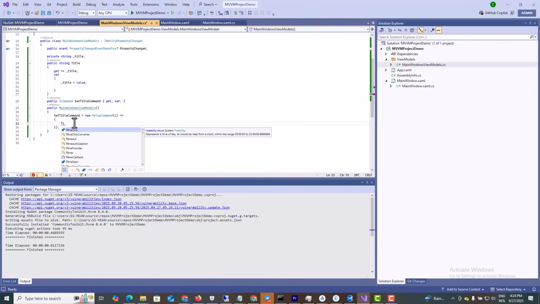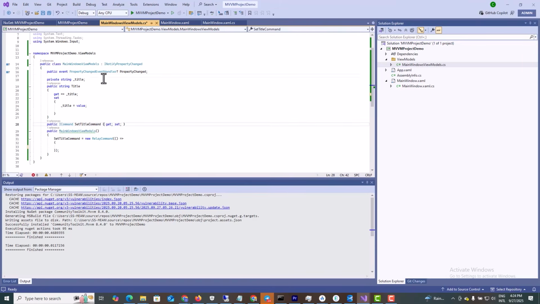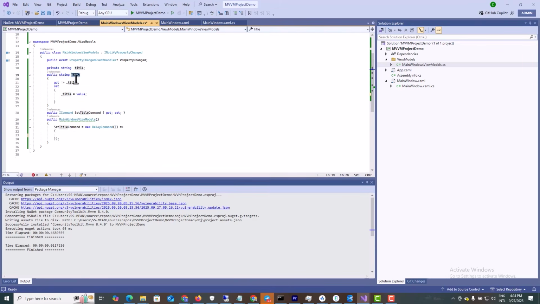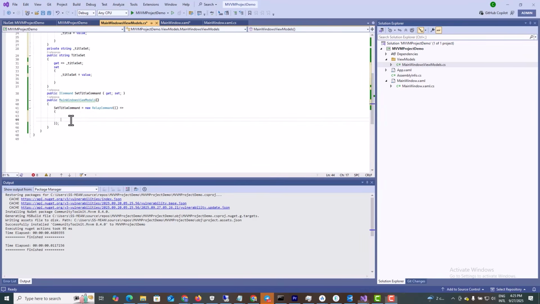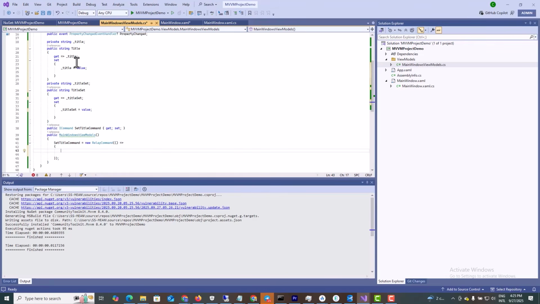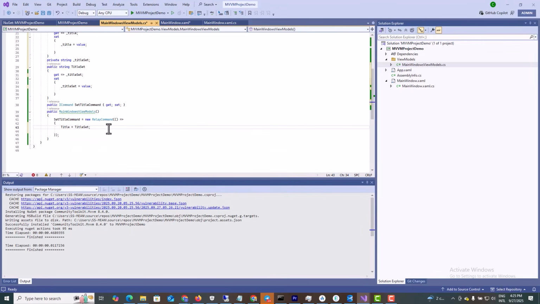Okay, title. And now I'm going to set the title, set into the title. Title equals the title set, and then it will set the title based on the title that you just typed